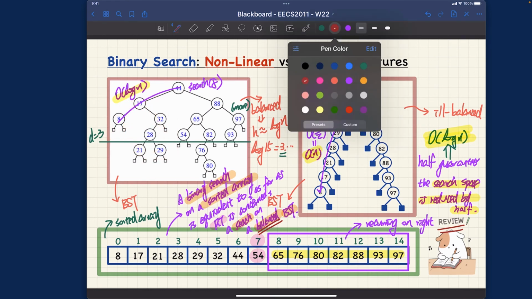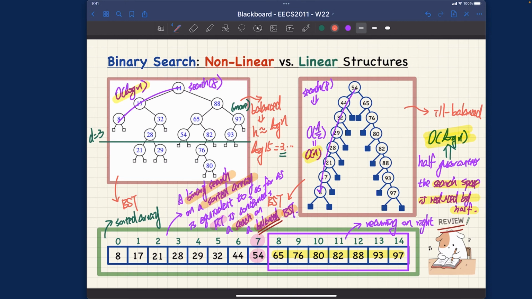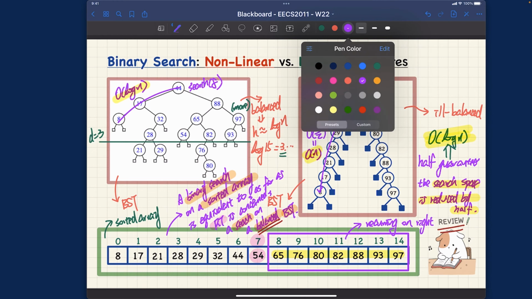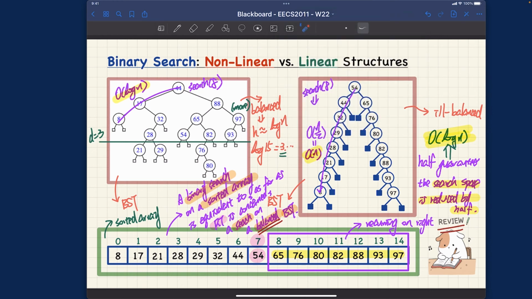Let me just write it down over here. There are many insights I'm talking about over here, so that's why you want to rewind the video and study carefully, right? It's very important to see that insight, to see the correspondence between the nonlinear and the linear structure. They're really basically doing the same thing. Okay, let me write it down over here. Let's say I decide to perform the search over here, and the search may start with this and I decide to go here, and in that way over there,